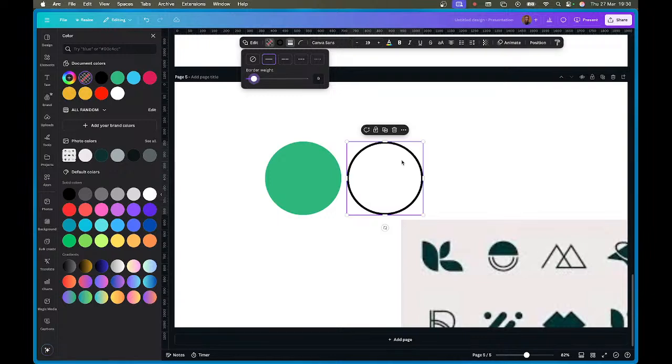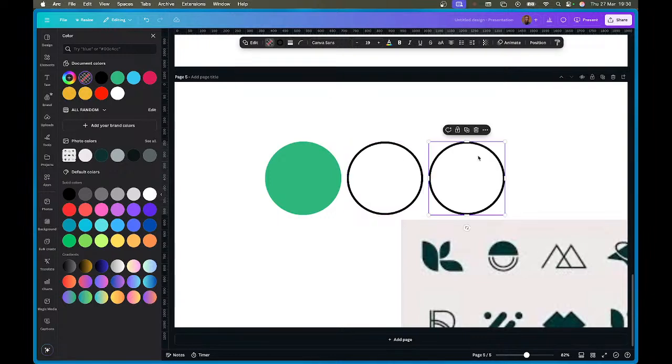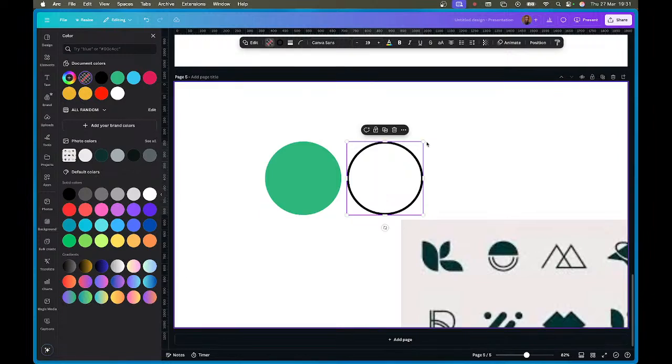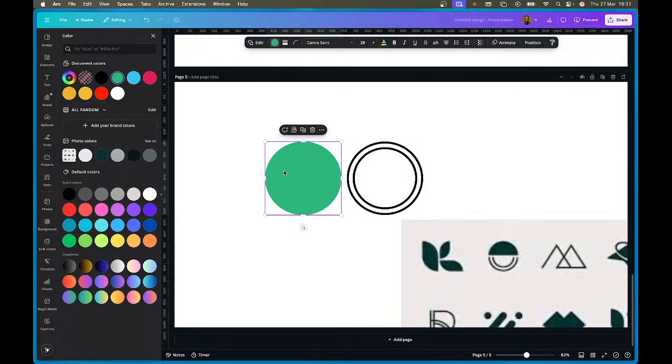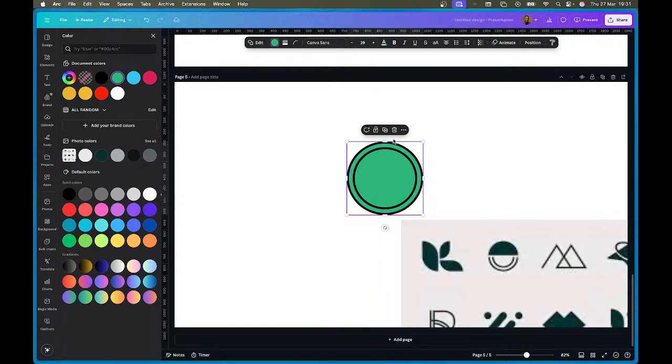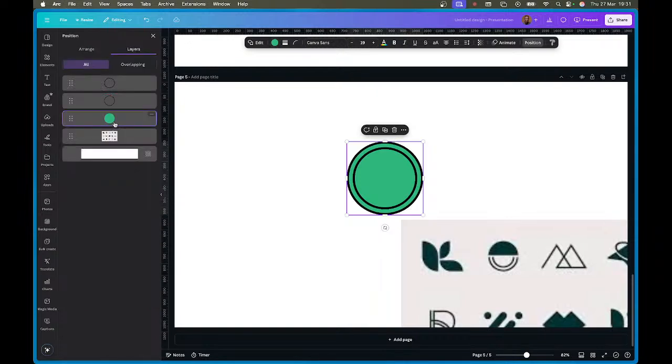And then we know that we'll make a duplicate. I'll make sure they are on top of each other, and I'll try to reduce the size. So now if I bring this here, go to position, I'll bring this up. Now we've lost these other two rings under. So what I'll do is I'll send this to the back again,